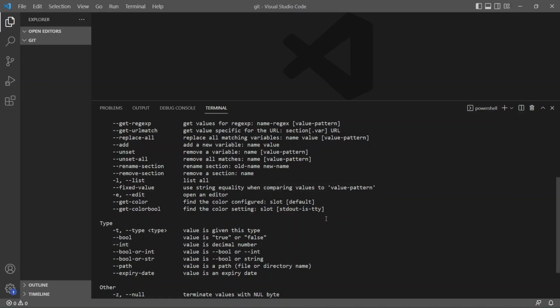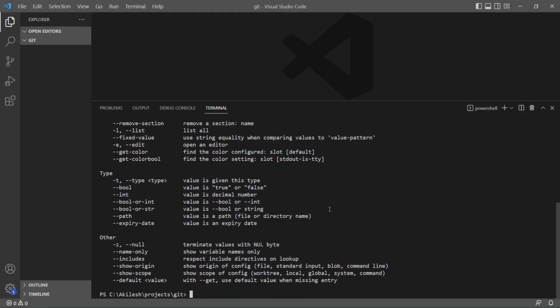Now, just like we were able to set config items, there's an option to unset them as well. You can use the unset flag in the git config command to remove any keys from your config list. So let's just remove the username that we just added. So git config